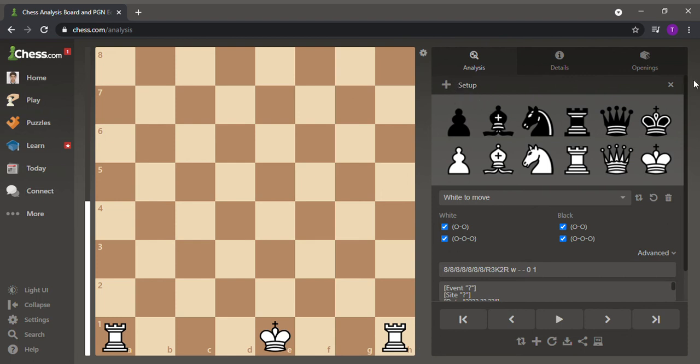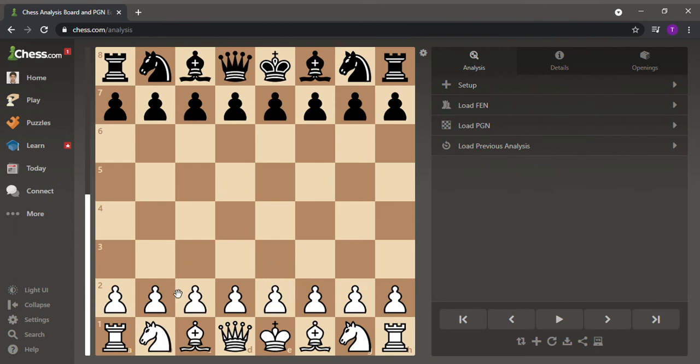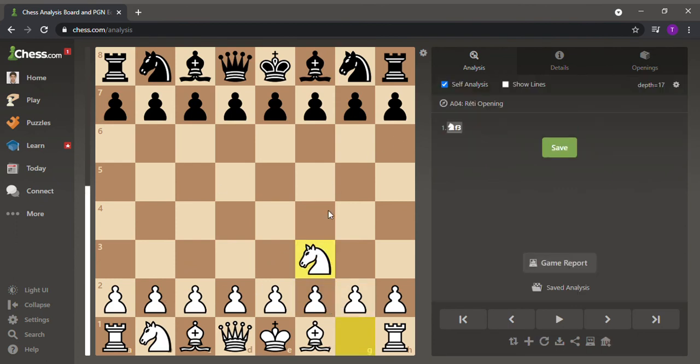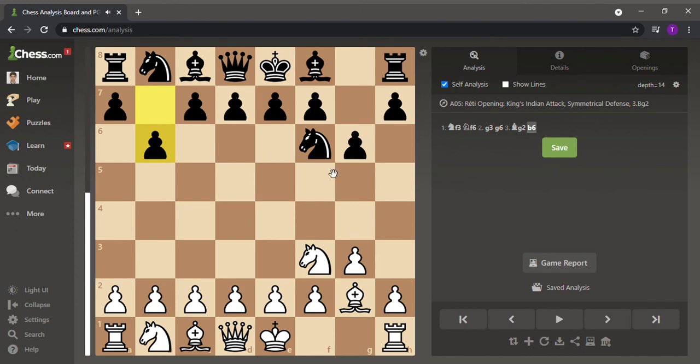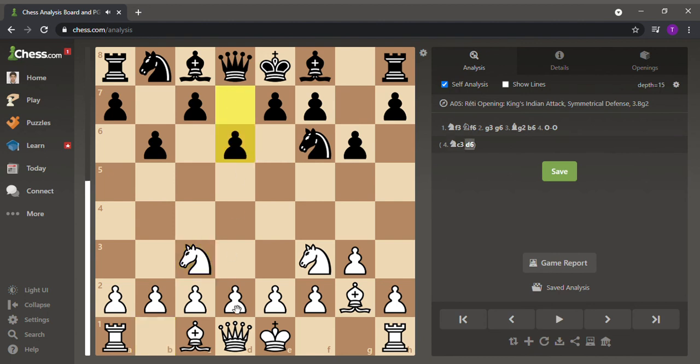So this is a board. I will just play some random moves to get these pieces out. For example, this is the position. Now there are no pieces in between. Your king didn't move once. Your rook also didn't move once. So now you can pick up the king, drag the king till here, and the rook will automatically move here. Now say you don't want to castle here. You say I want to castle with this rook, and you start removing the pieces from this side of the board.